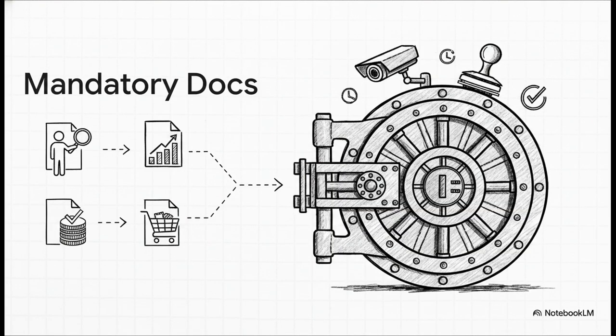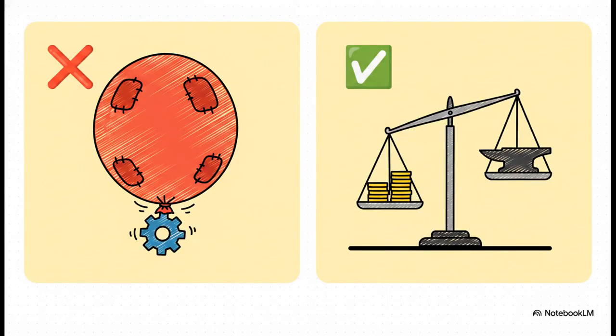Just look at this massive list of mandatory documentation. Recruitment files, interview scoring sheets, financial approvals, procurement files, policy amendments, the list goes on. The collective purpose here isn't just to drown people in bureaucratic paperwork. Not at all. It's about aggressively protecting the institution from manipulation. When you have version control, digital timestamps, access logs, and strict approval tracking, you create a system where corruption simply has nowhere to hide. And all that rigorous documentation directly impacts the money.